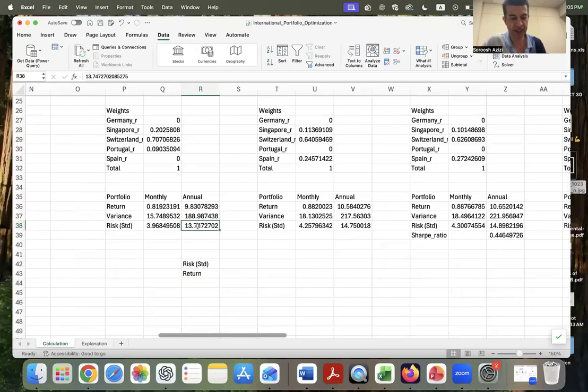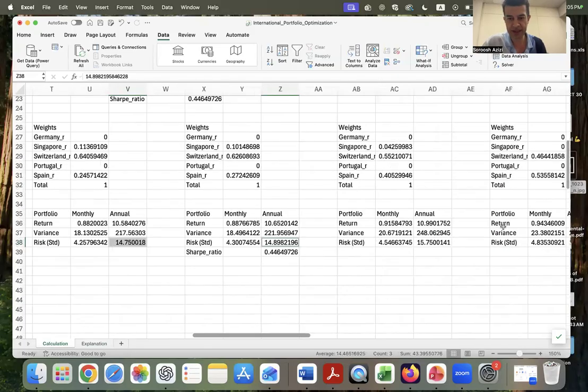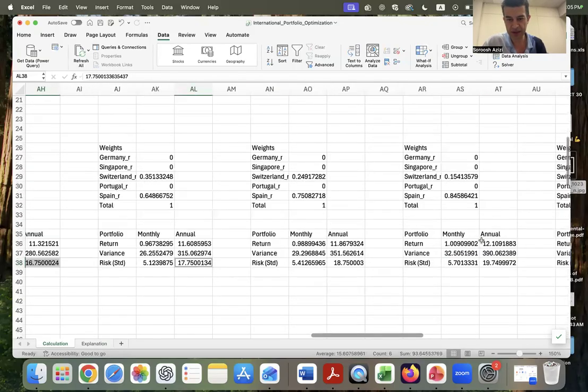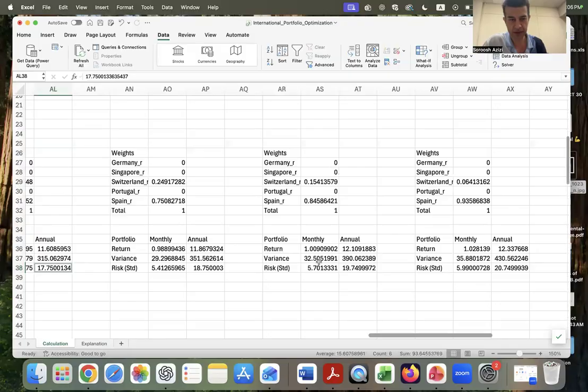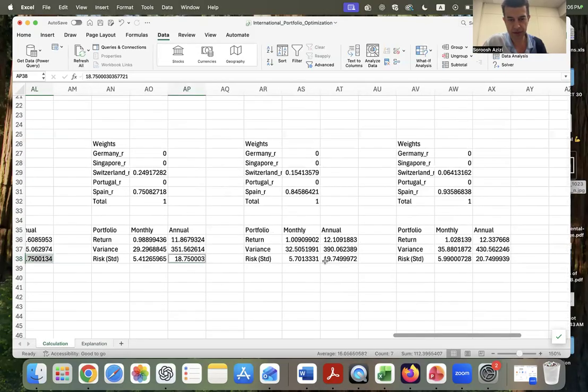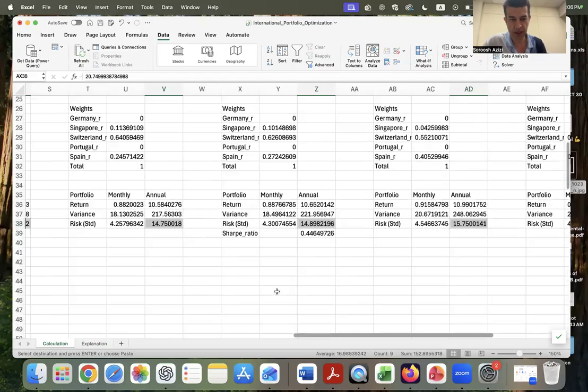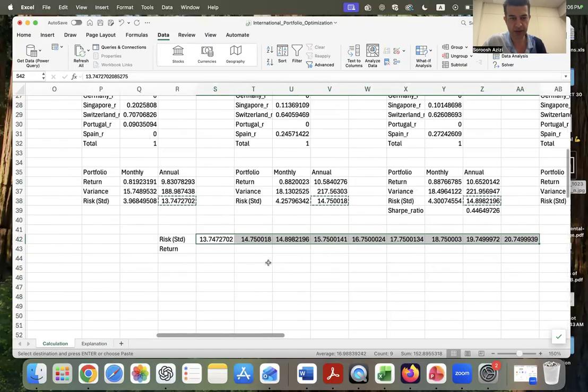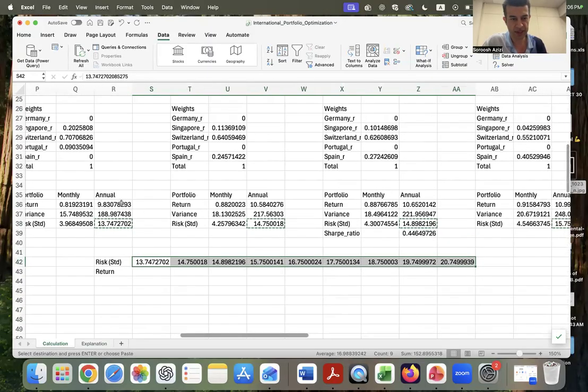On a Mac, you can just click on one of them, and then hold the command button down, and then select all the rest. And then at the end, copy all of these numbers, copy, and then here, paste. Same thing for return,